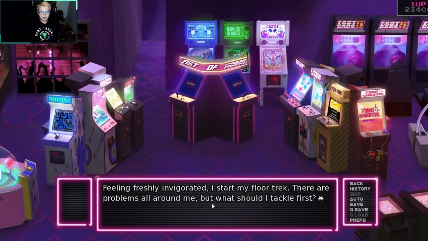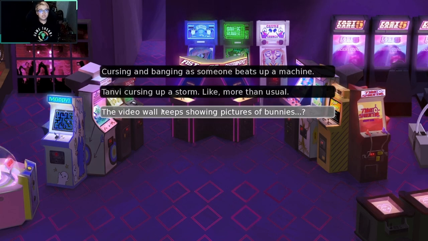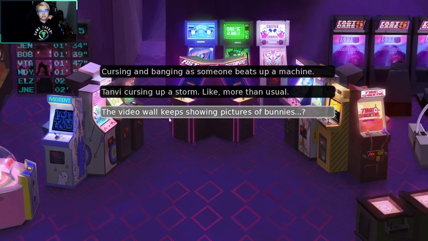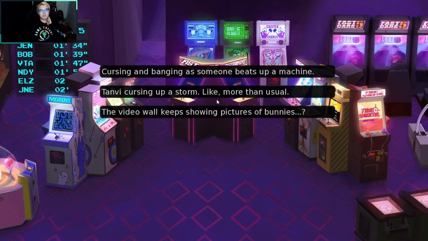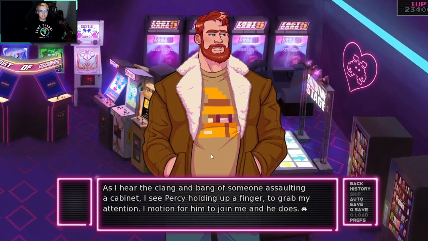There's problems all around me. What should I tackle first? Cursing, begging as somebody beats up a machine. Time to be cursing up a storm. Like more than usual, the video keeps showing pictures of bunnies. The machines. As I hear a clang and bang of somebody assaulting a cabinet, I see Percy holding a finger